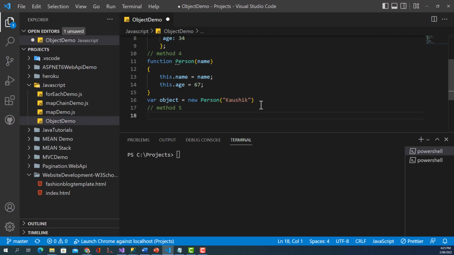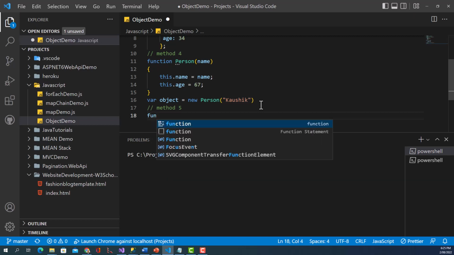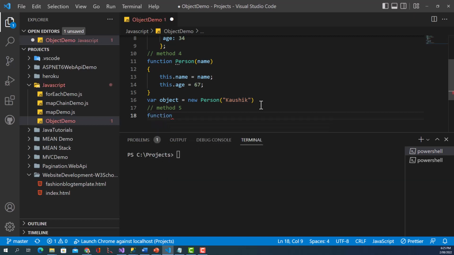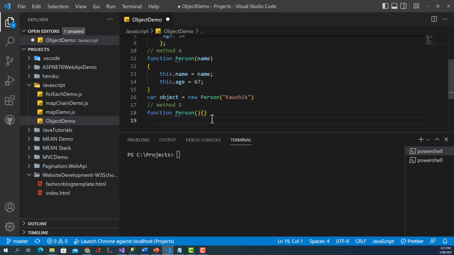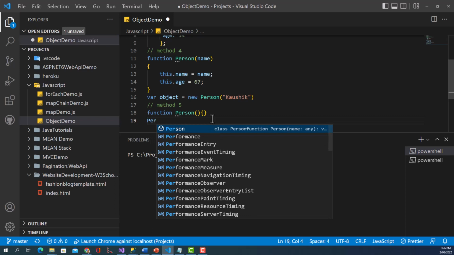So function person, then a pair of empty curly braces, and then I'll be using the prototype